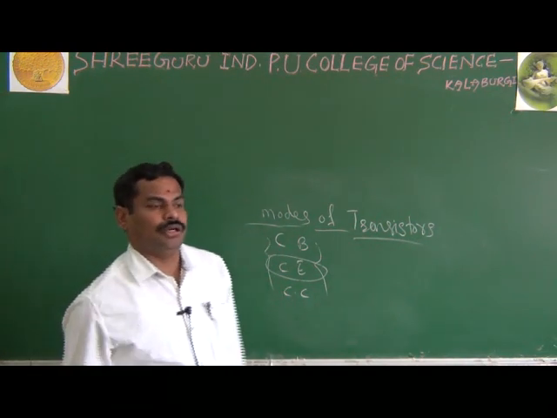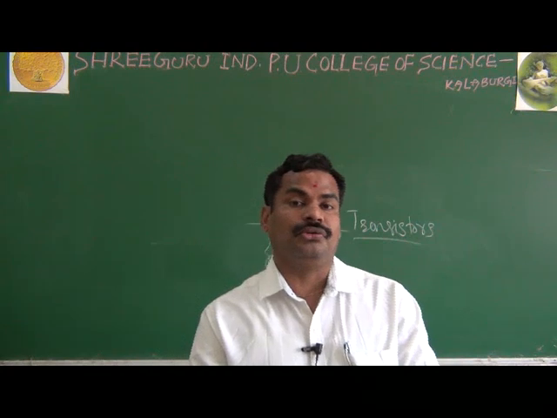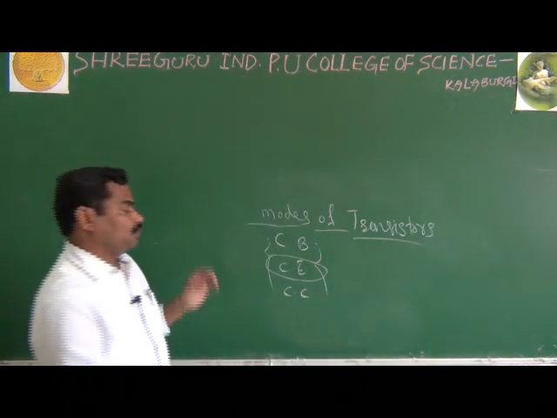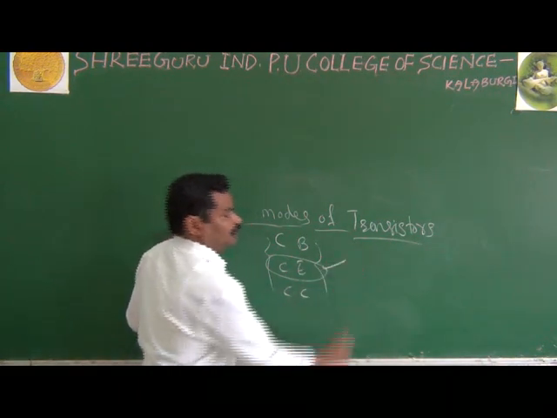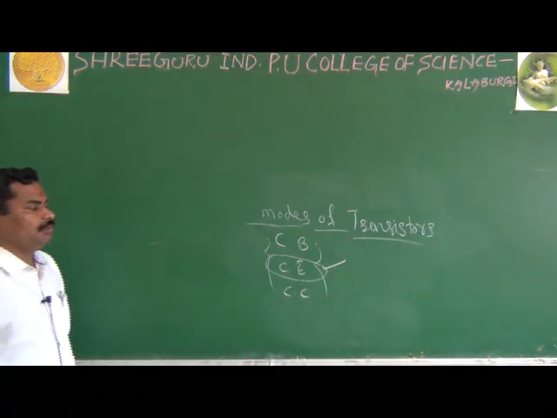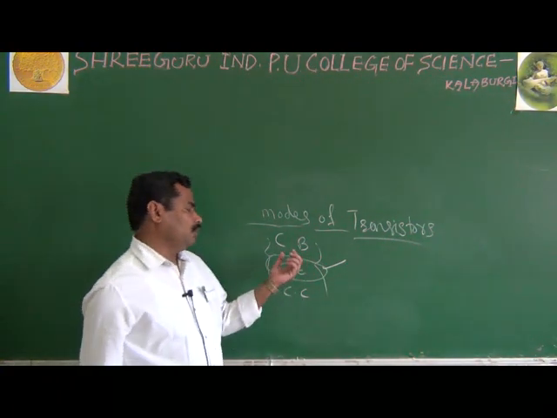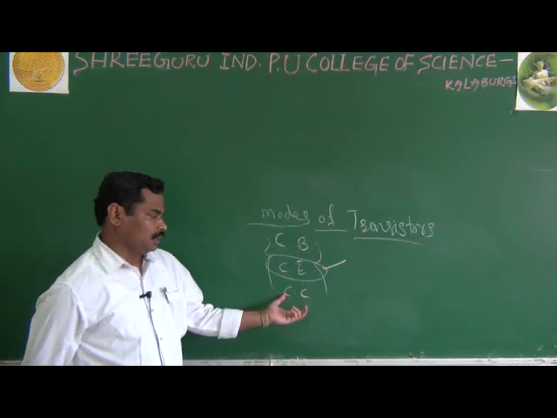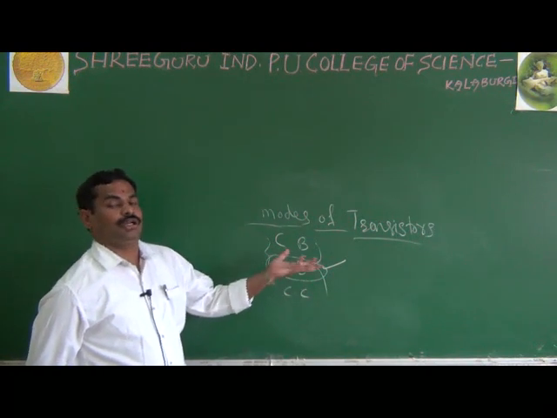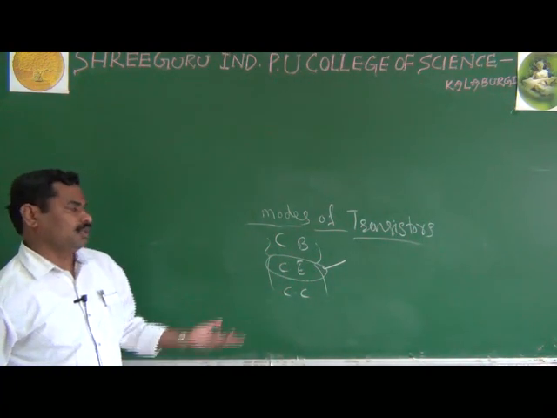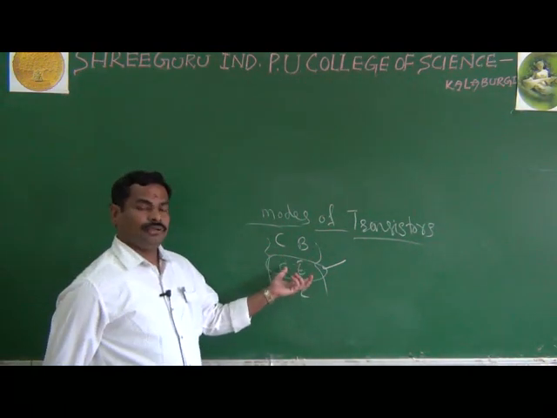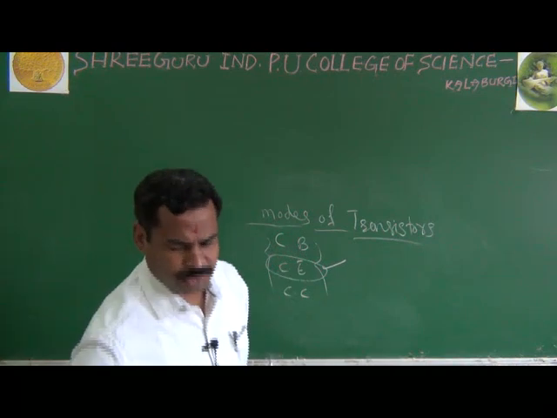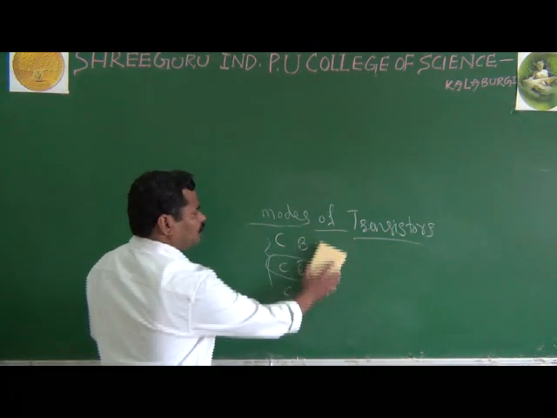As I said already, if you want to use the transistor as an amplifier, which mode do you use? You use the common emitter mode. And why do you use common emitter mode in amplifiers rather than common base or common collector? In amplifiers, in oscillators, or wherever you use transistors, you give more importance to the common emitter configuration. And what is its importance?